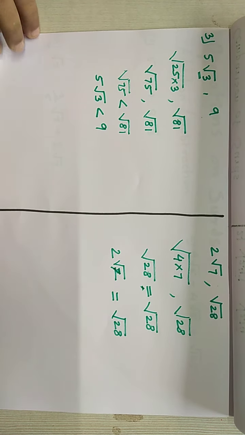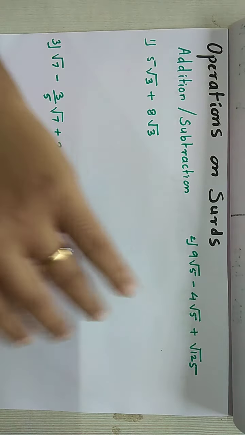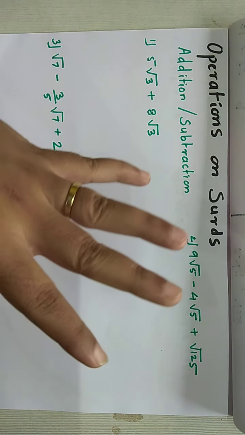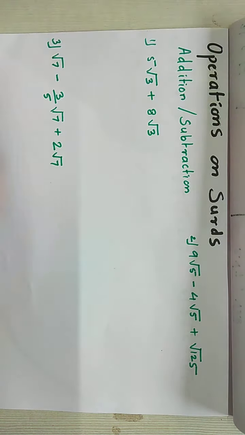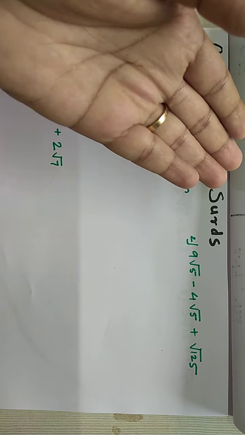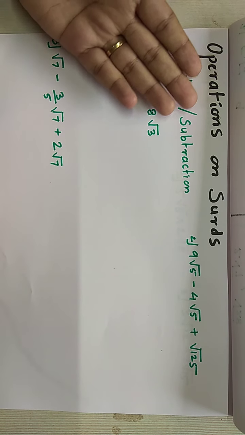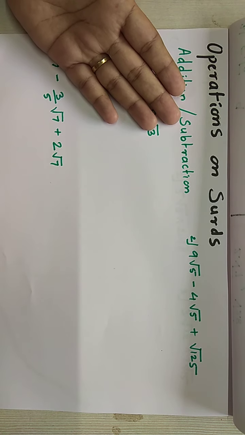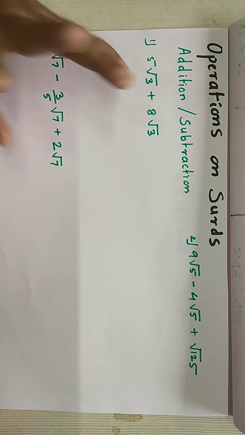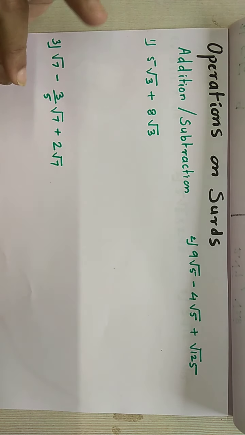These are all small operations which can be done on surds. For example, identify which is a surd, which are like surds, which are unlike surds, how to add them, how to subtract them, how to divide them. These are all 2 mark sums which we are doing today, from exercise 2.3. Exercise 2.3 is your homework. These all sums are of 2 marks, short sums.